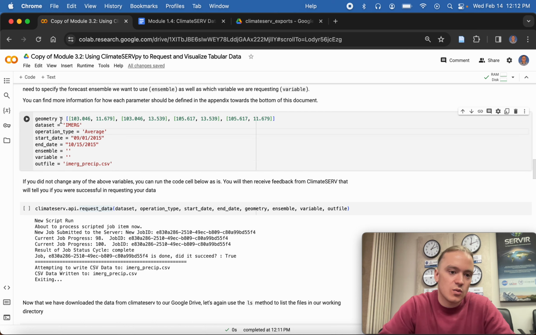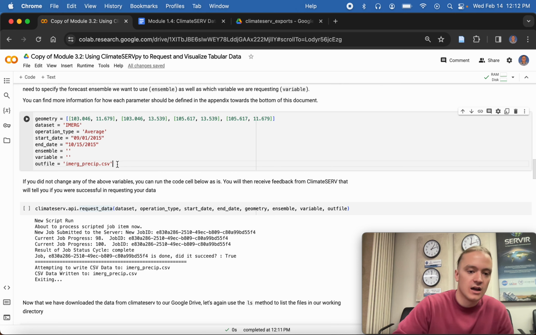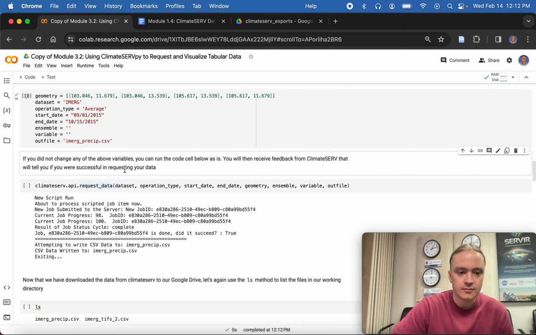As you can see, we're specifying a geometry, what data set we want from ClimateSERV, an operation type, which we'll get into more later, a start and an end date, and then an out file that we want to write this data to. And as you can see here, we're requesting a CSV file, so this is going to be a time series of our data. It's going to be tabular data, similar to what we saw in the statistical query panel in the user interface in our previous video. So I will run this cell, and then I will use the